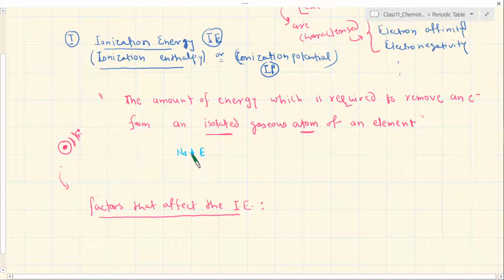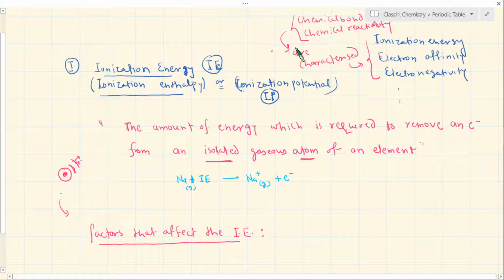So let's say this is the energy, or symbol I can use IE. Some amount of energy that you're supplying to a single gaseous sodium atom to create sodium ion in the gaseous form itself, and an electron is removed. This is the situation that we are talking about, and here is ionization energy. Naturally, for an element like sodium, you can only remove one electron easily, right? We are not concerned about the inner electron, we are talking about only the outermost electron, because we are only talking about the reactivity associated with chemical reaction, which will be mainly based on outermost electron.